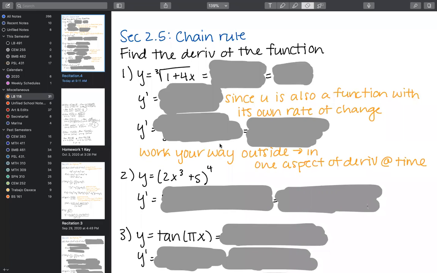Thereafter, we'll work on implicit differentiation, which is a more specialized type of problem. They're pretty easy to identify, and it works with the chain rule. Once we get to those, we'll talk a little bit more about that. But to start, we're just going to work on the chain rule.